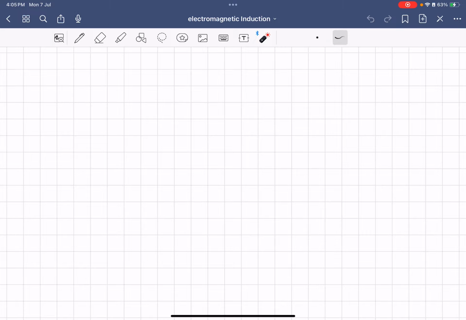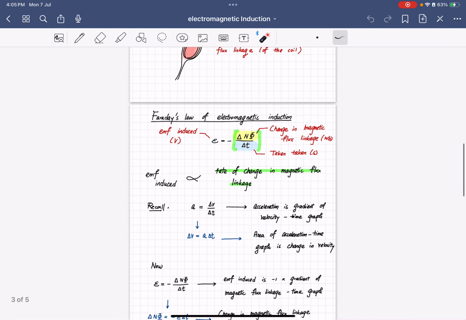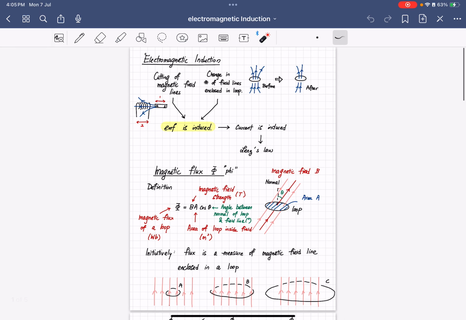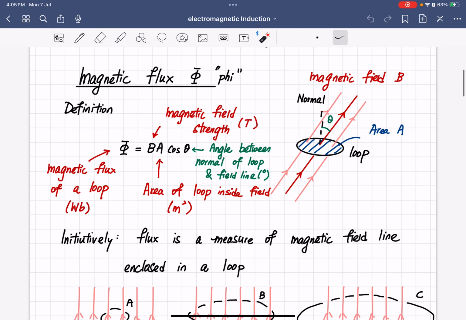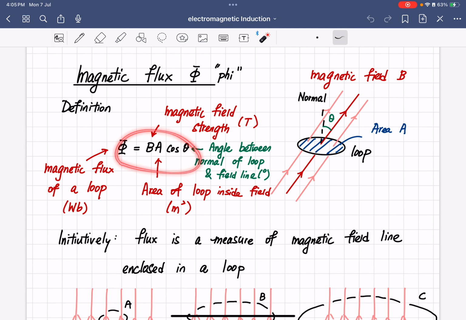Okay, then we continue from last time. So last time we have learned a physical quantity called magnetic flux, which the mathematical formula for the magnetic flux is BA cosine theta. B is the magnetic field strength we have been using so far. A is the area of the loop that you're considering, that you're calculating the magnetic flux of the loop, and then you have a cosine theta, where theta is the angle between the normal of the loop and the field